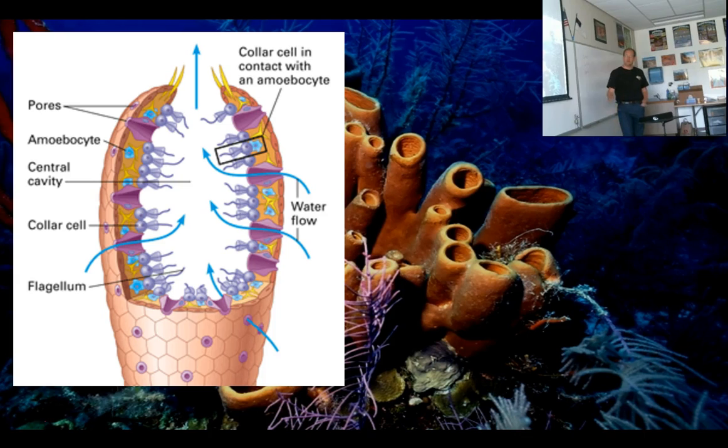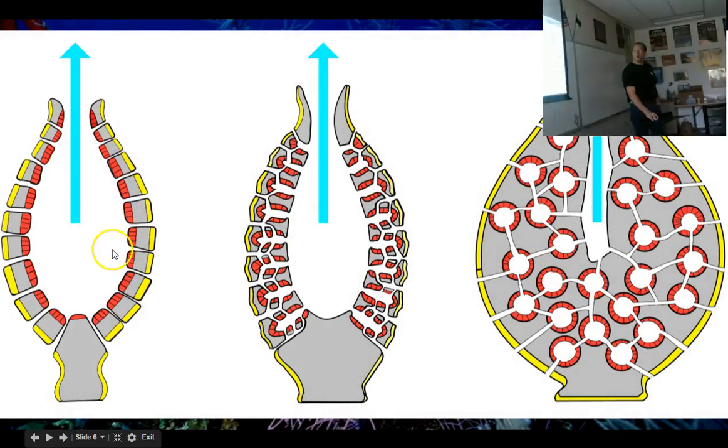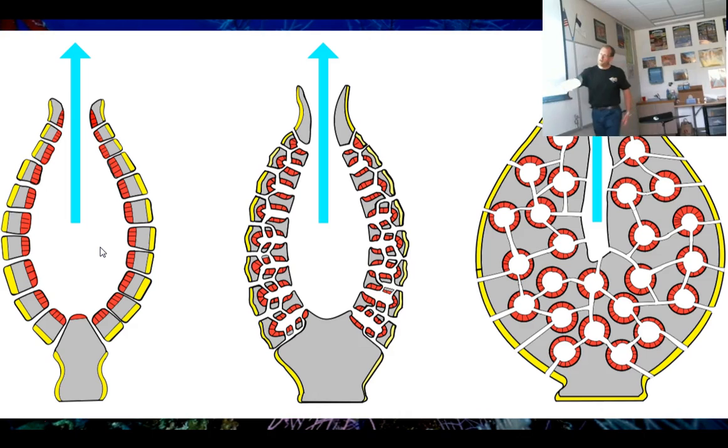But the other animal groups will. Okay? Here's more pictures. So some sponges have only one layer of complexity, where there's a wall and a central cavity, and the water flows into the one central cavity and out the top. Some sponges get more complicated, where there are actually side cavities off of the main cavity. So here, water flows in and into this cavity, where then it's pushed out into this cavity and then out